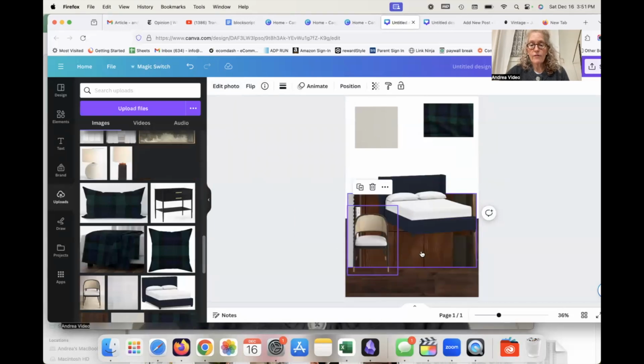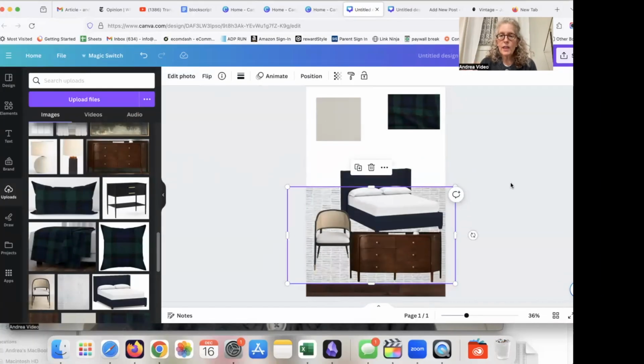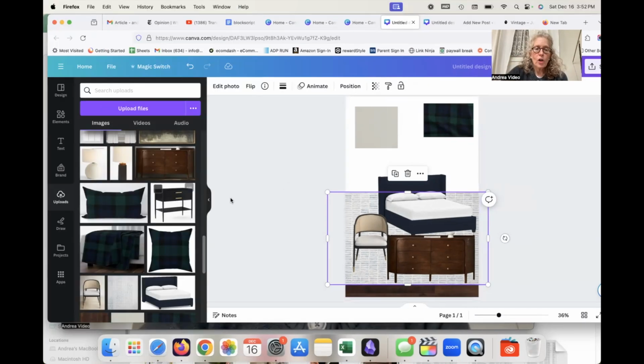So here's a dresser I found that I like. This is a really great way to experiment with things before you buy them and see, do I like this? Do I not like this? Should I try a different thing? It's a great way to try an item on before you buy it, and it can save you a lot of money and time. I'm going to go ahead and drag all these things into my room until I'm happy